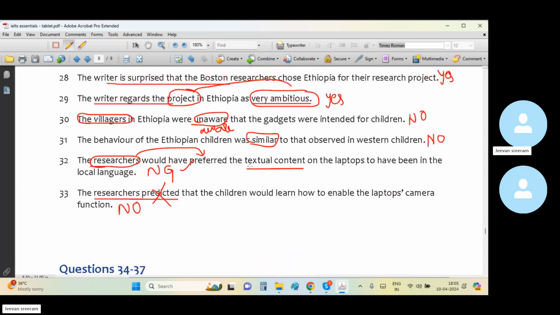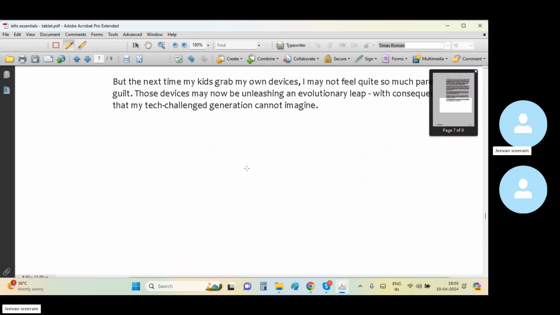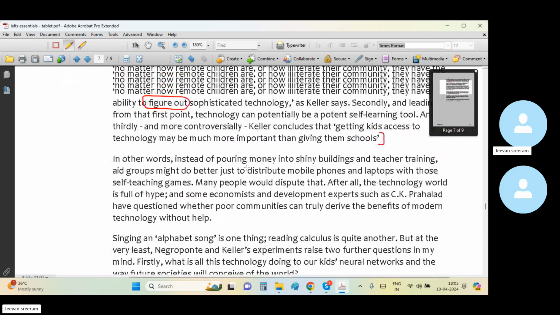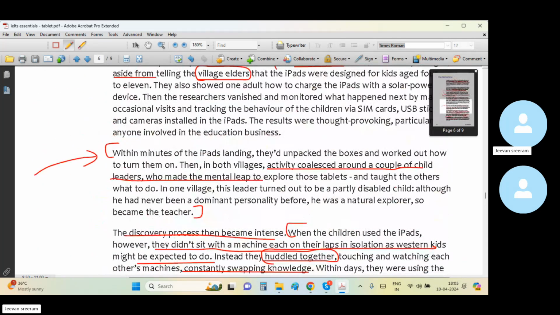But there is a clear context given in the passage. One has been more active than the other, although he is physically handicapped, physically challenged, right? He had never been a dominant personality, but now became a natural explorer. He has become a dominant personality, basically a natural explorer, and become a teacher for all the rest of the students,